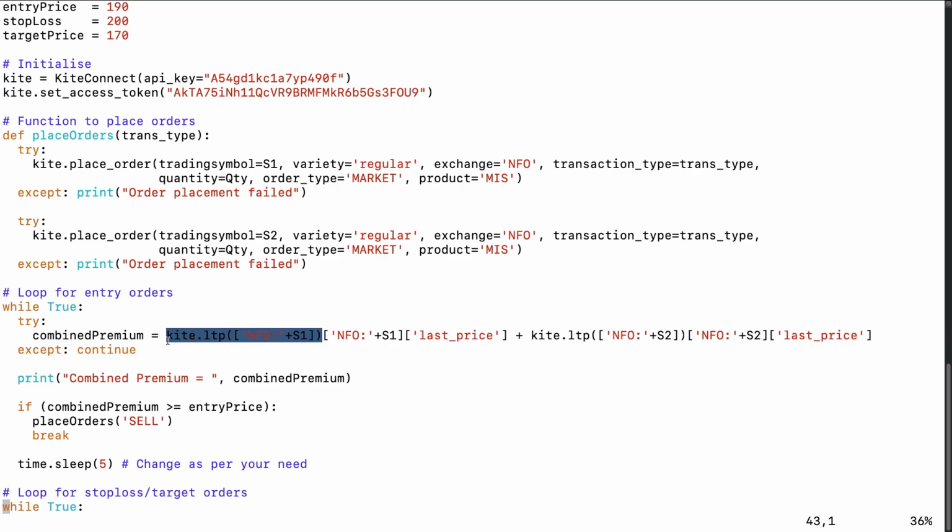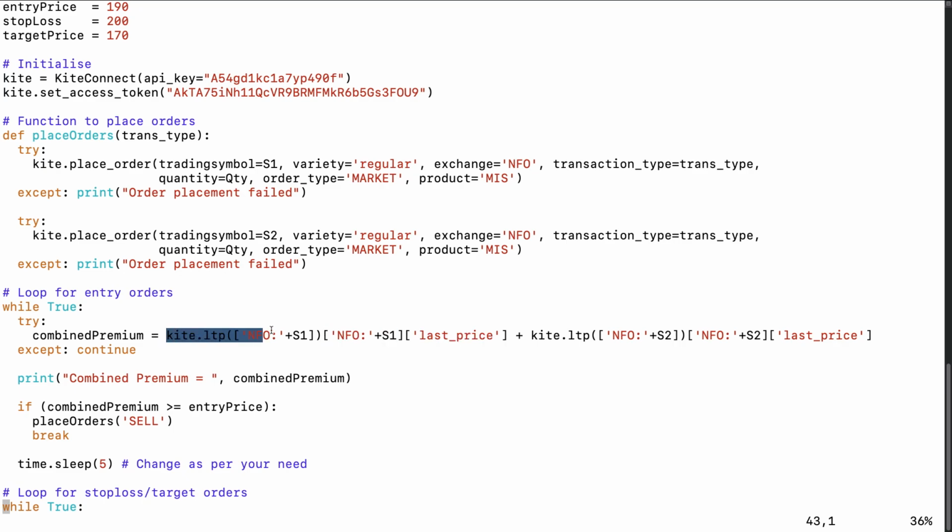Now Kite will return a lot of other things along with the LTP. LTP is nothing but your last traded price. We are not interested in everything else. So what we are saying is leave everything aside, only give me the last price from the JSON object which is returned. I don't want anything else. I'm interested only in the last price for the symbol 1.